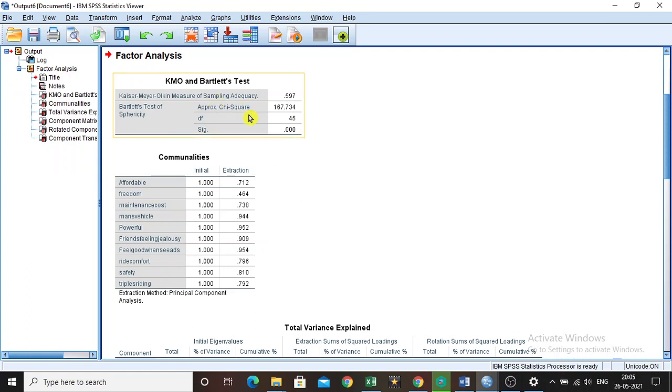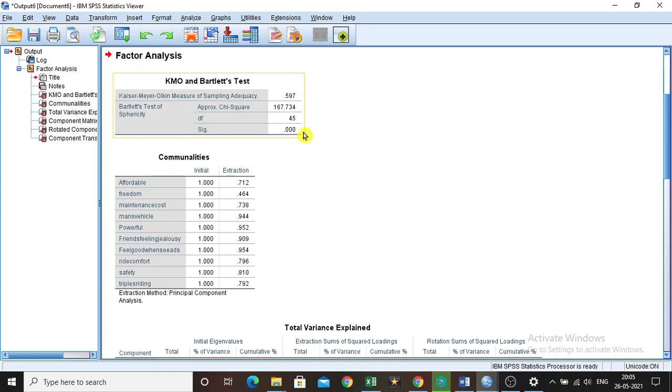Here you can see the KMO and Bartlett's test. This is very important. This is also known as the Kaiser-Meyer-Olkin measure of sampling adequacy. The KMO and Bartlett's test is used for identifying the sampling adequacy. Here it is significant, which means 0.000, which means that the sample size you have taken is adequate for conducting the factor analysis.